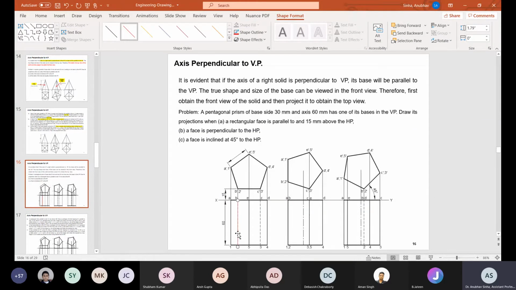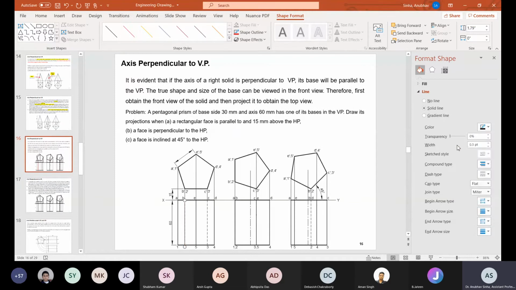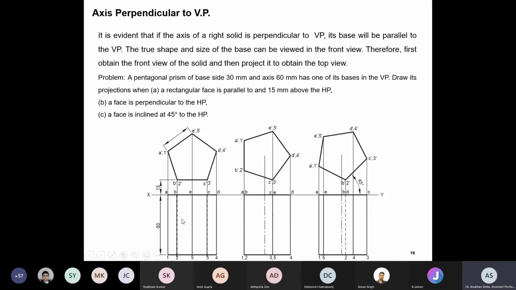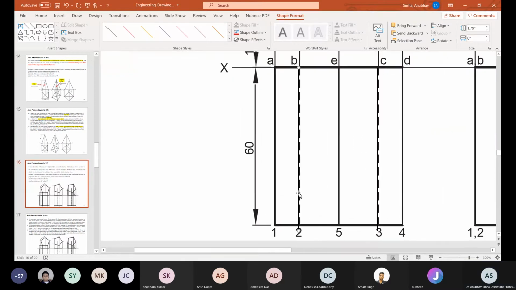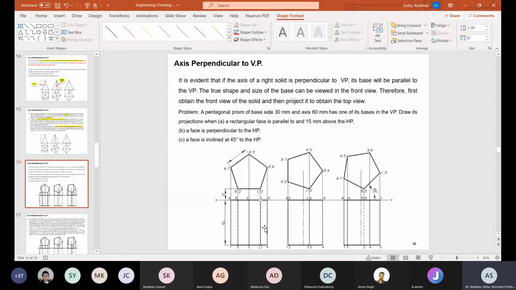You people understood what I am talking about here or not? Didn't understand, sir. Okay, let me finish it. If you are looking at third angle projection, basically you are looking from that side, and these two sides will be shown hidden. Okay, in first angle projection, let me just mask it.